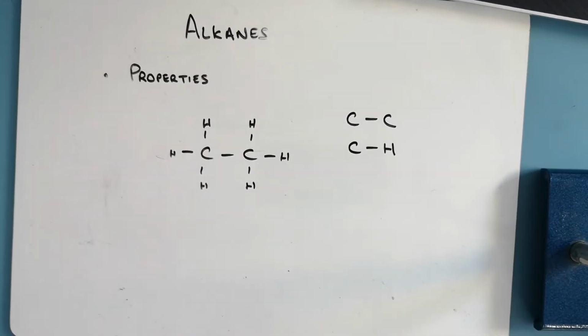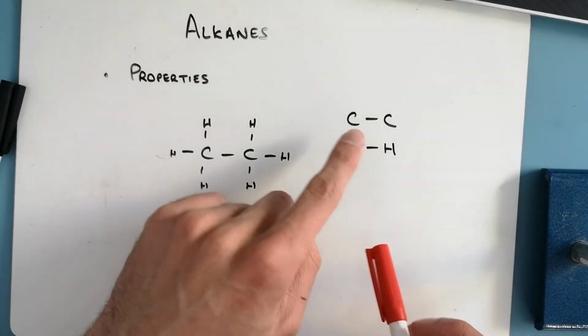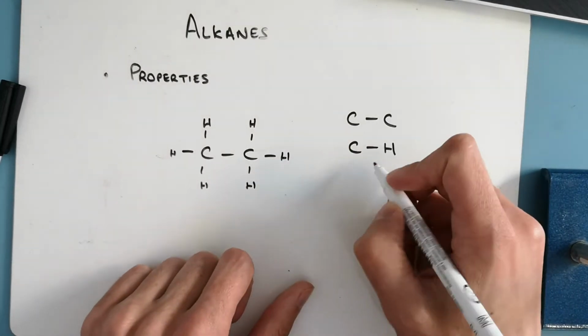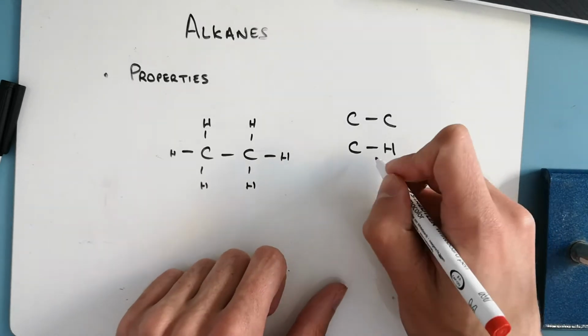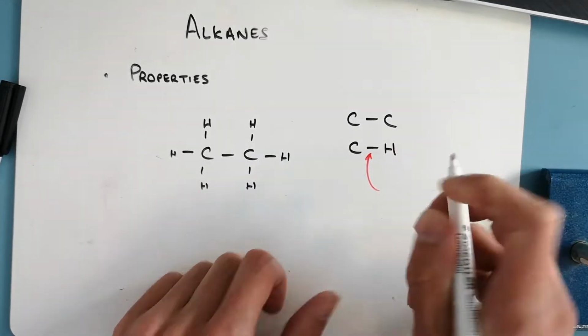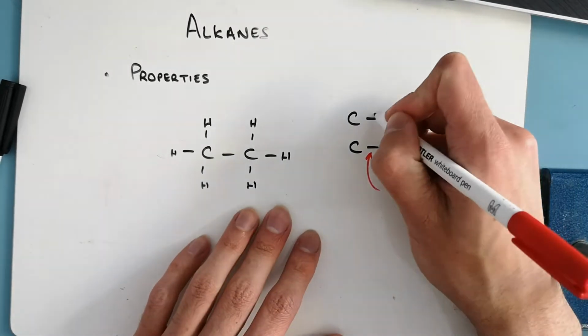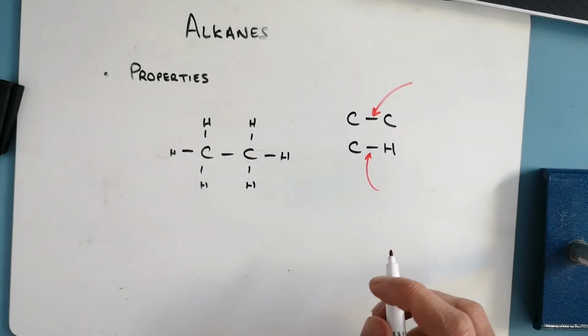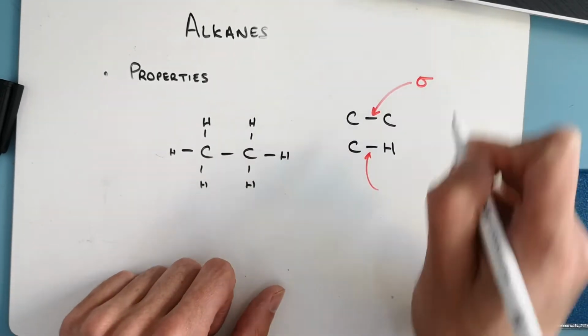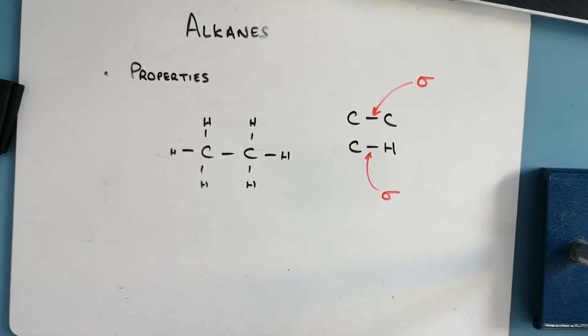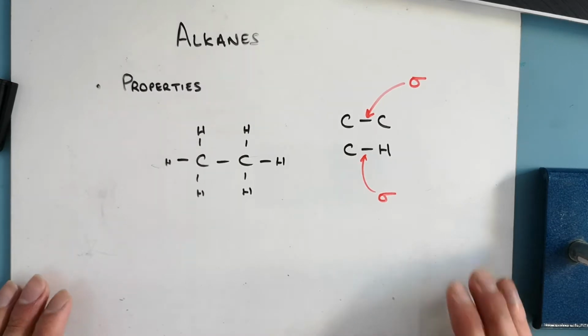And all hydrocarbons and alkanes have these bonds, and these bonds only in them. When we add other functional groups, we start to get different bonds, but then they stop really being alkanes outright. So both of these are what we call sigma bonds, and these are very, very strong bonds, so difficult to break down. So that's one of the reasons why